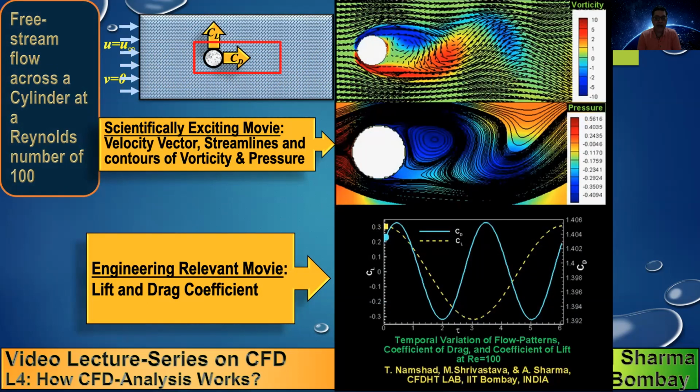So in this slide, the movie is shown, as I had mentioned, that most of the action in the fluid mechanics problem occurs near the solid surface. Because if there is no solid surface, there is no action in the problem, because the fluid which is coming with a velocity of u infinity will just move and you will have a uniform flow.